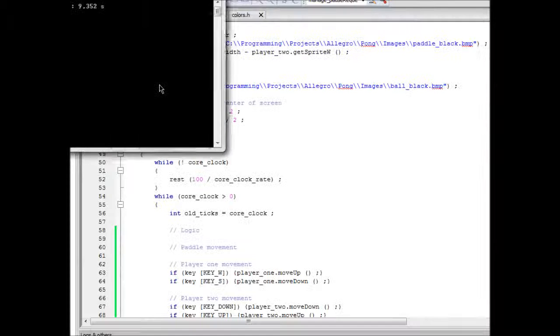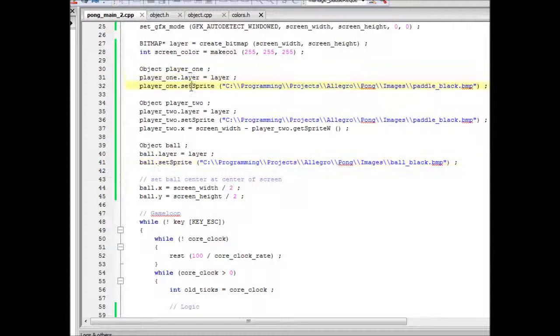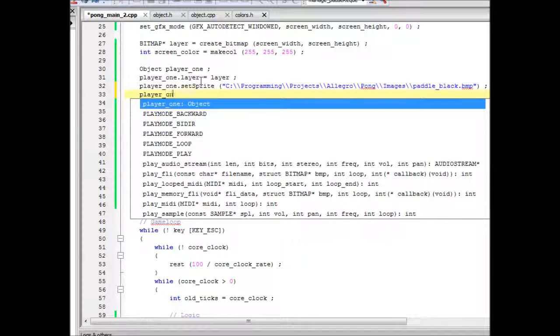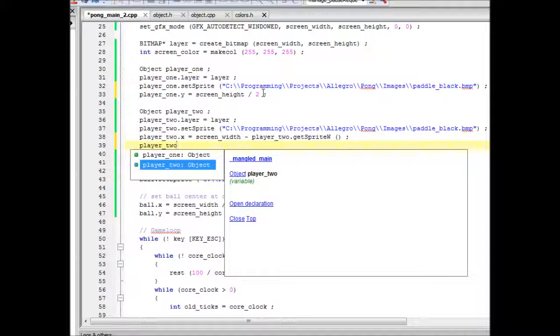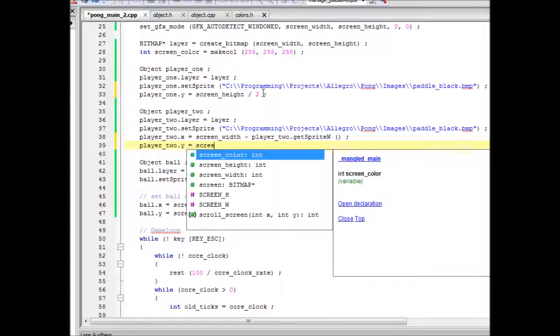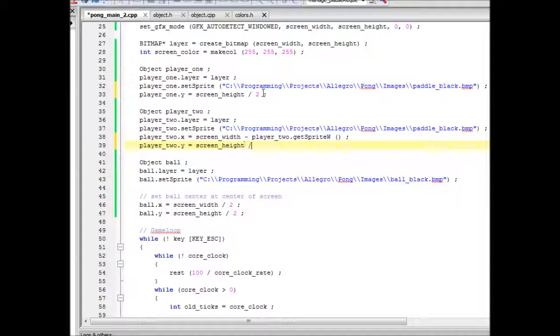Okay, so we have 2 paddles and a ball now. Let's see, there are a few things I did want to change. I don't like that the paddles start up here. I want them to start in the middle. So we'll go ahead and change that, and we'll say player 1 dot y needs to start at screen height divided by 2. Again, that's the same trick that we did for the ball, and likewise for player 2: player 2 dot y equals screen height divided by 2. Okay,